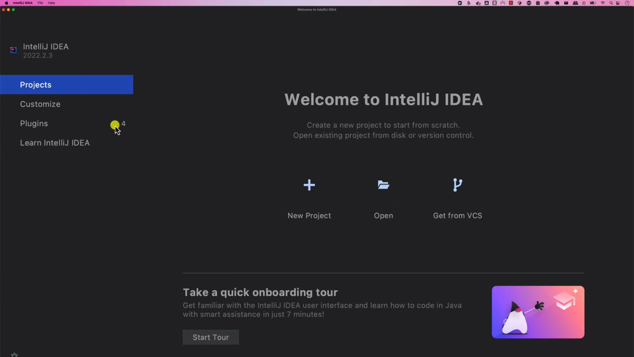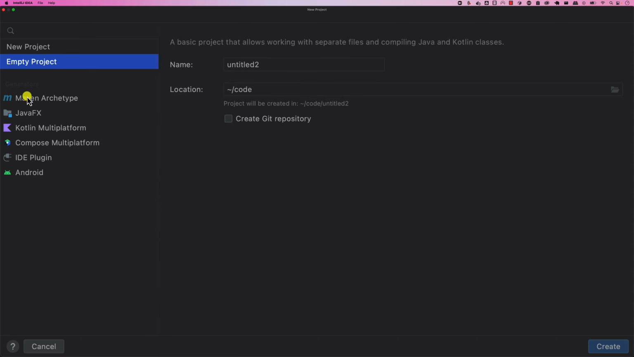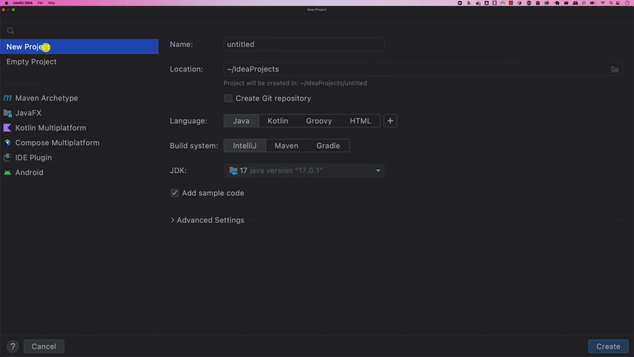Once you have IntelliJ installed, what I want you to do is to create a new project. And this will bring this page in here. So you can see we can select new project, empty project, Maven, JavaFX, so on and so forth. So what I want you to do is let's create a new project, and the name in here, I'm going